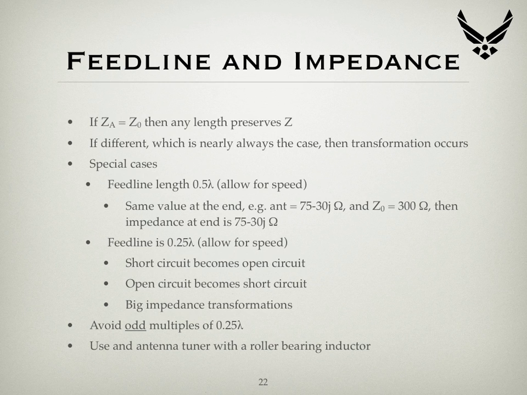used. Now the other thing with impedance matching is you should use an antenna tuner with a roller bearing inductor. There are many very good antenna tuners that are used with amateur radio equipment that are switched from one band to another, and the switch basically puts a different tap on the inductor, and then there's a couple of capacitors usually in most of these pi tuned circuits or L tuned circuits to allow you to tune the antenna. The problem with a switched inductor is that you've only got certain values of inductance that you're switching to, and